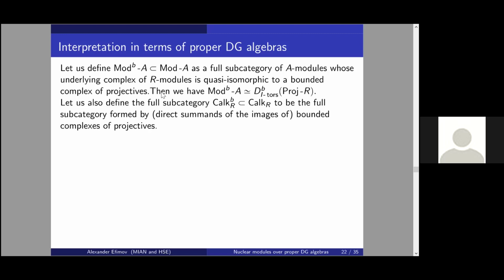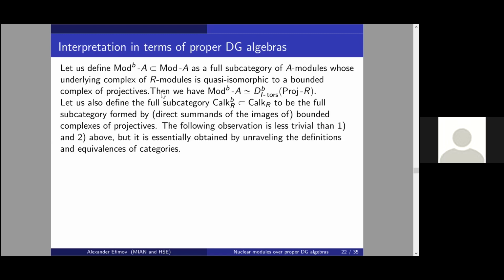Also, let's define the full subcategory of the Karoubi category to be formed by, let's say, direct summands of the images of bounded complexes of projective R-modules. And then it turns out, surprisingly, that, and this is less trivial than 1 and 2 which I mentioned above, but it is essentially obtained by unraveling the definitions and the equivalences of categories which participate in this picture,